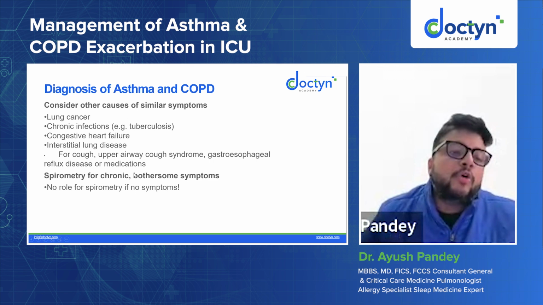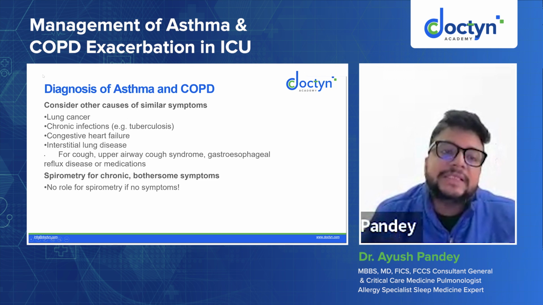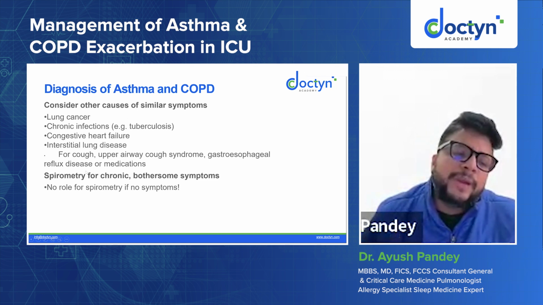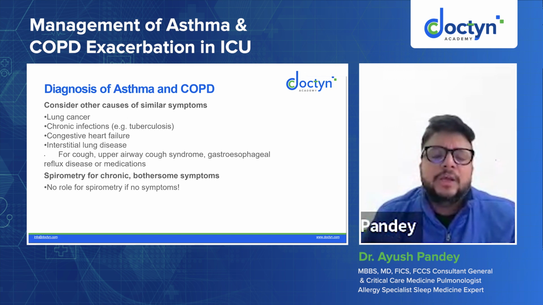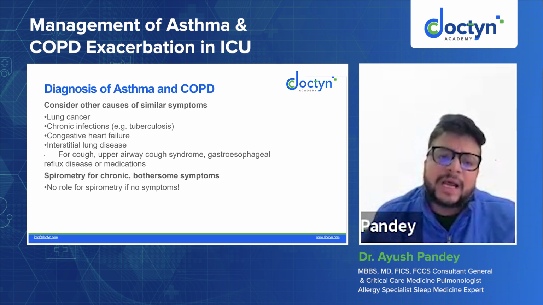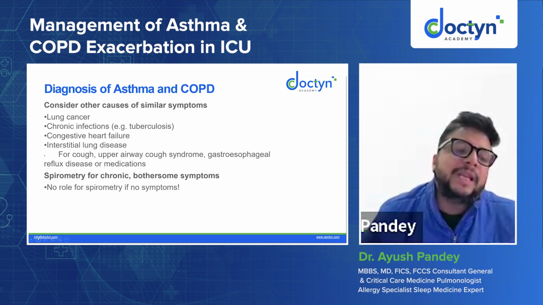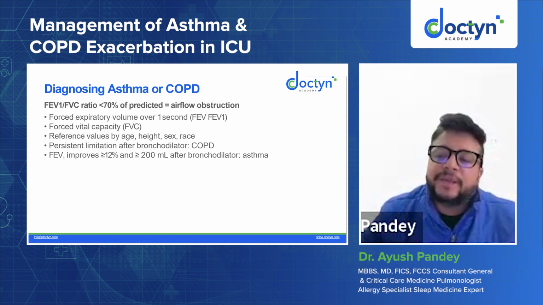So if there is no role for spirometry, if no symptoms are there, if the patient is clinically stable, then generally the spirometry will come normal even if the patient is a patient of asthma or COPD. So until and unless the symptoms are on the higher side, maybe the patient has developed symptoms, the spirometry will not change. But even if the spirometry is normal, you can say that the patient is a patient of asthma